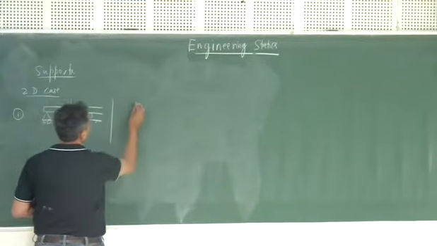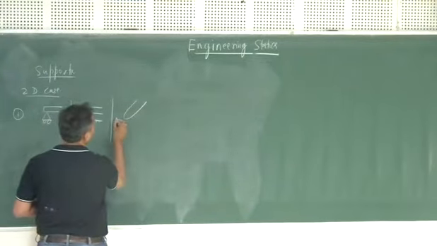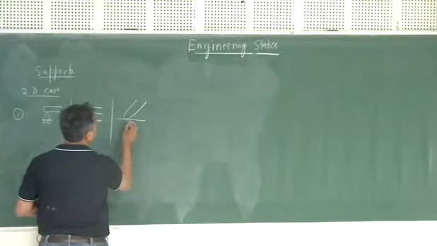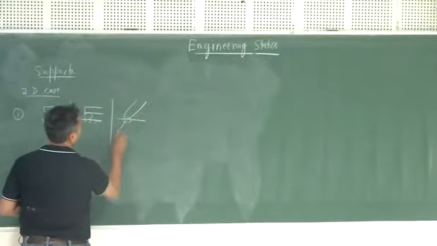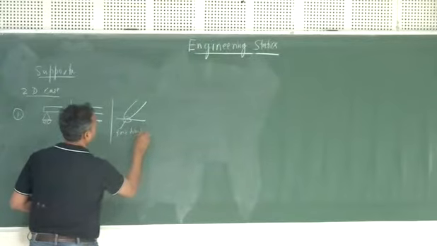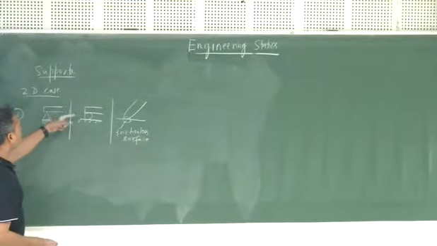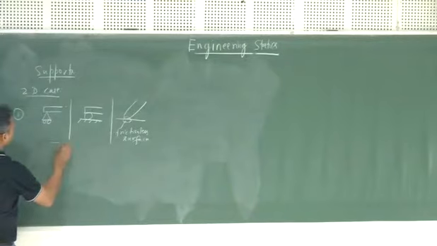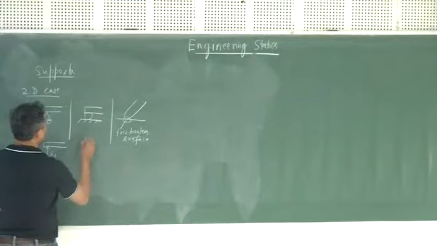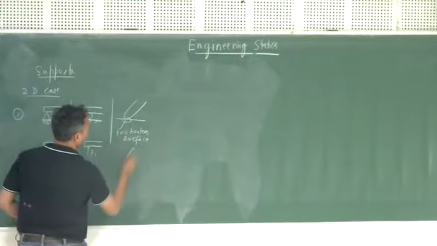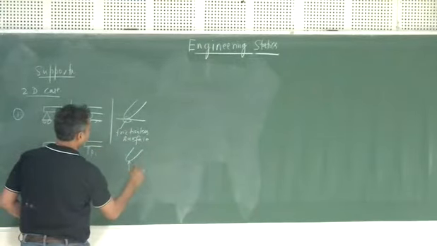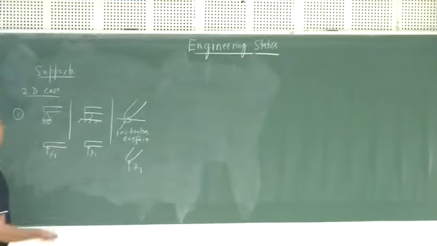And this can also be frictionless. Draw the free body diagram of all this, and you will see that here we will have just one component, R1. Here again we will have one component, R1. Here again one component, R1. It means that this kind of support